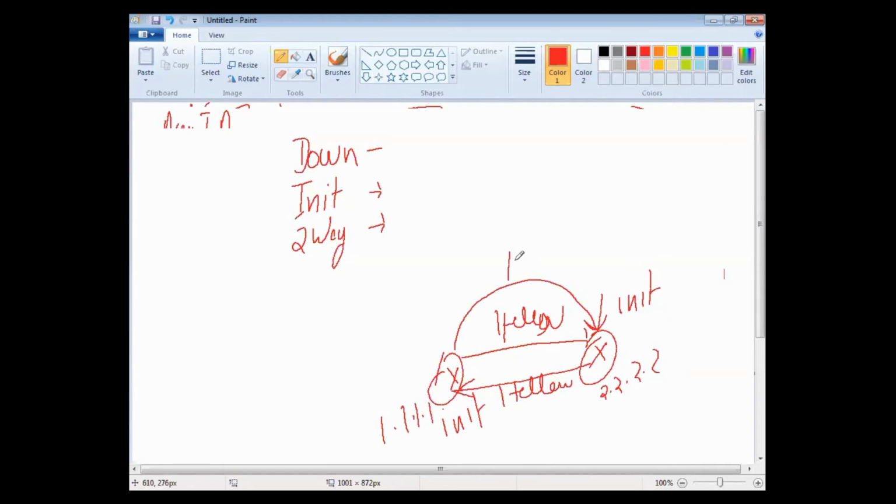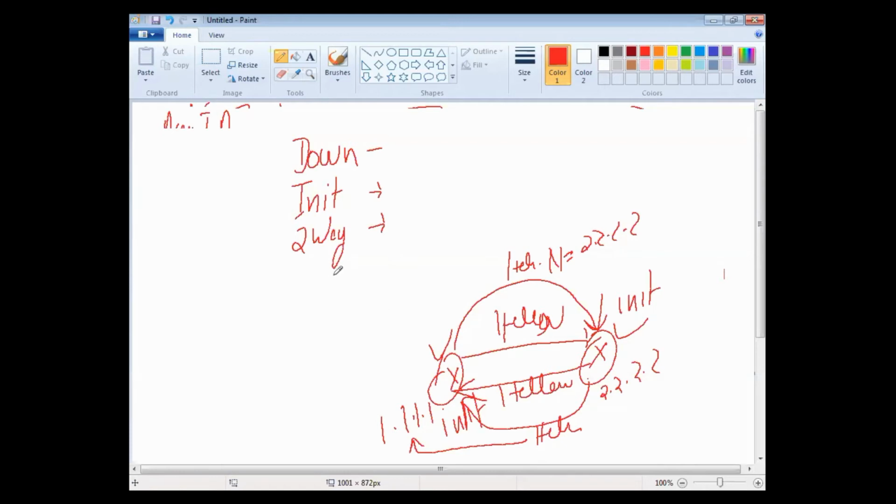So in this new hello packet, the neighbor field equals 2.2.2.2. So this router will be in two-way state, and when this router sends hello again with the neighbor field of 1.1.1.1, this router also goes to the two-way state. And in this state, the DR and the BDR router are elected.